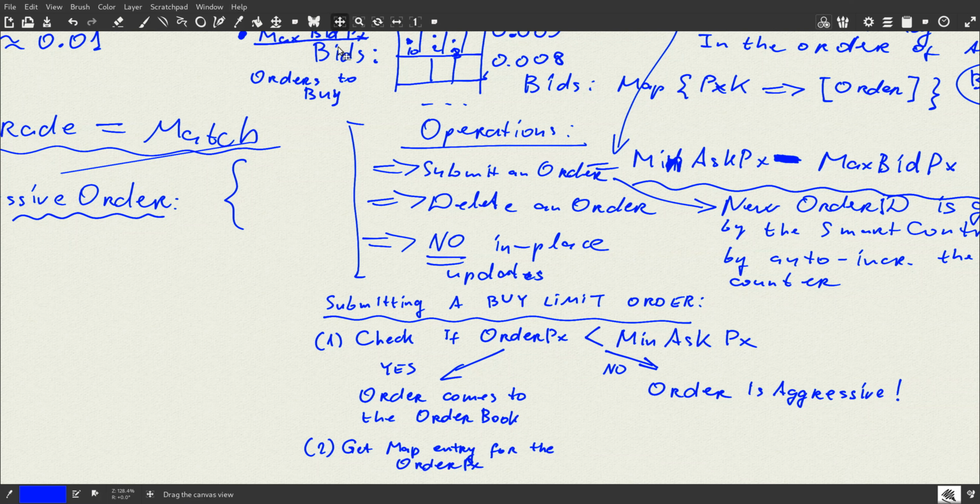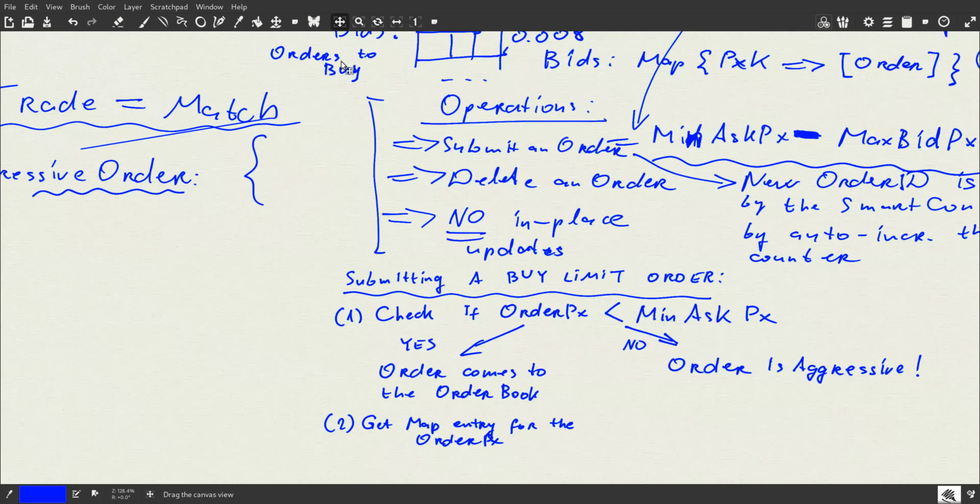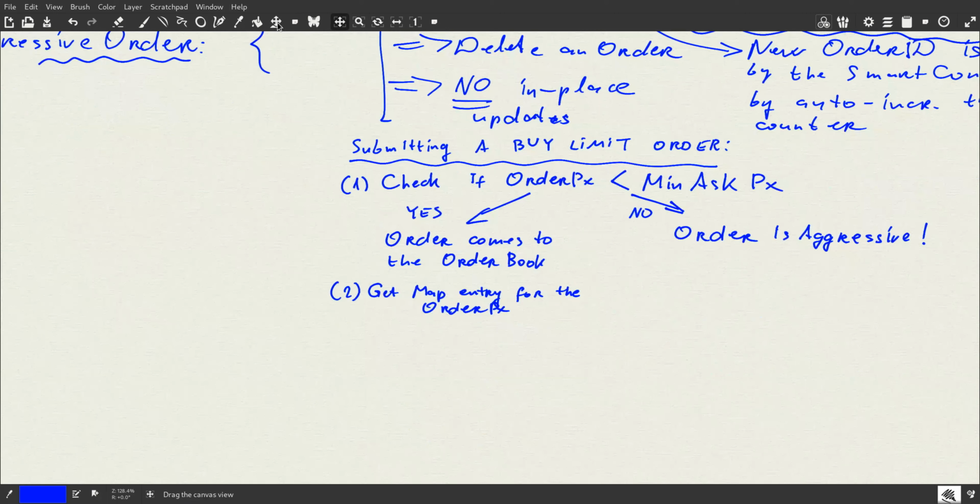There may be this entry already in existence, maybe not. So if it exists, then you modify